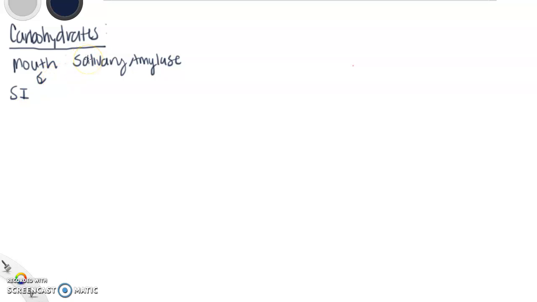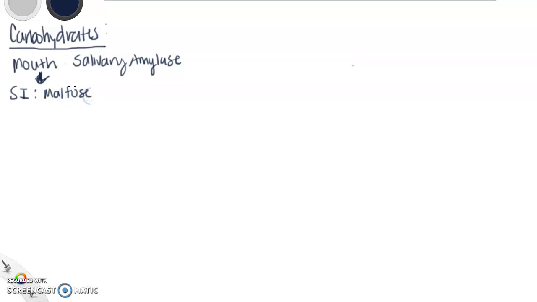Now, carbohydrates are big molecules, so they have to be broken down into smaller polysaccharides, and then down to disaccharides, and then ultimately to monosaccharides to actually be absorbed in the body. So the salivary amylase breaks that down into the smaller polysaccharides. And then once it's in the small intestine, pancreatic amylases break that down into the disaccharides. And once we have disaccharides,